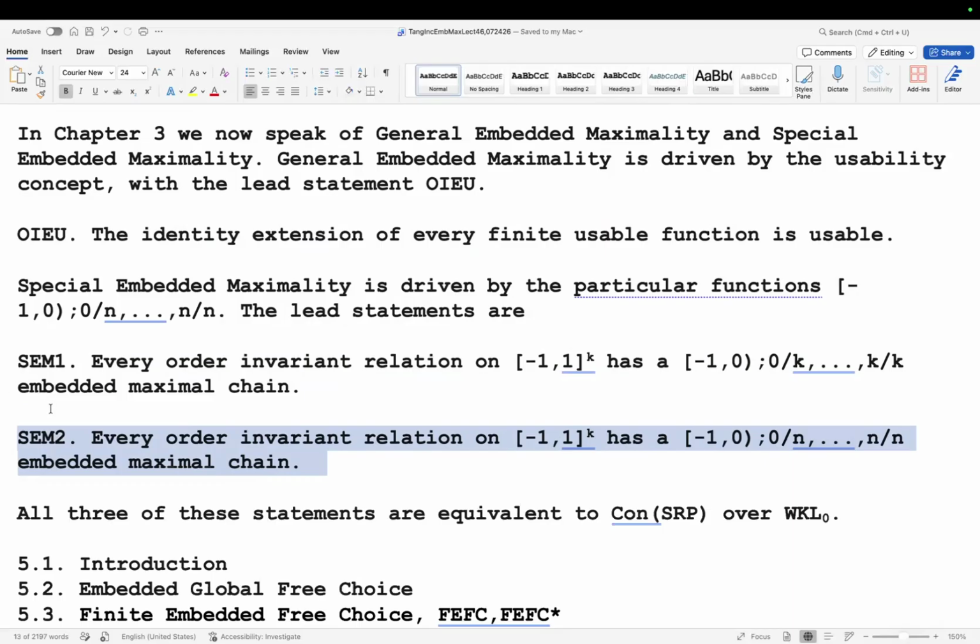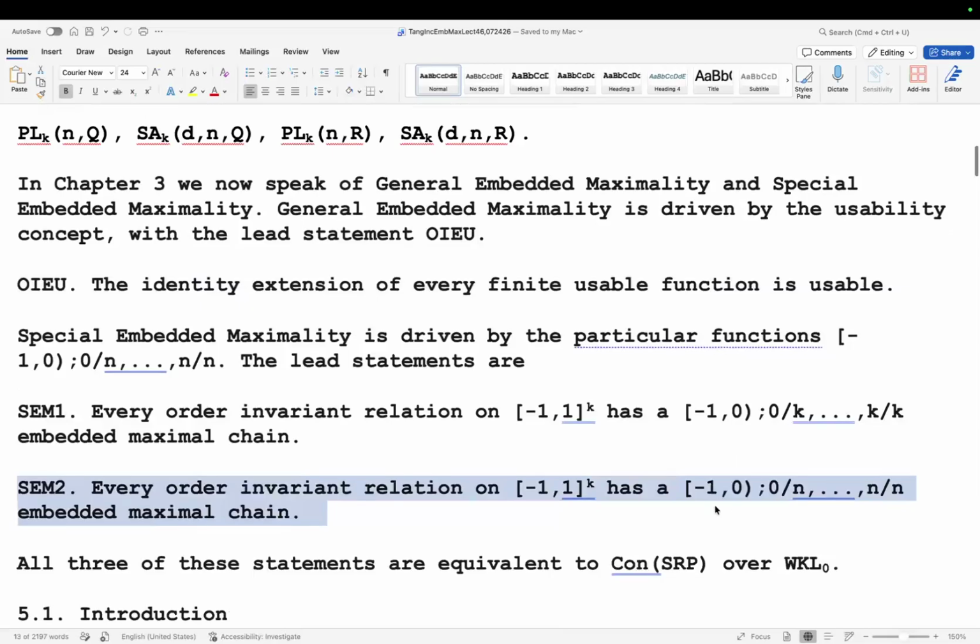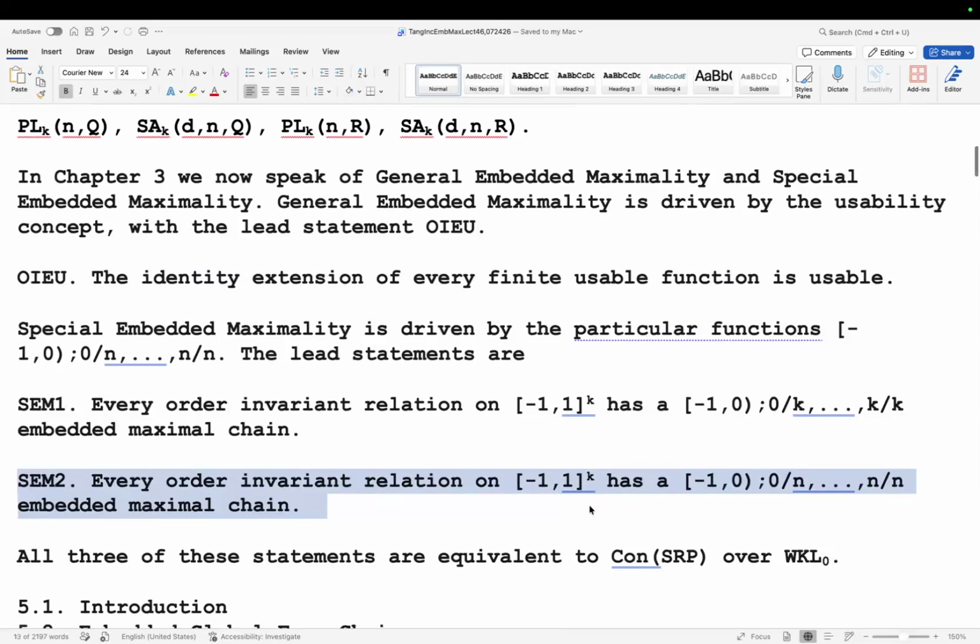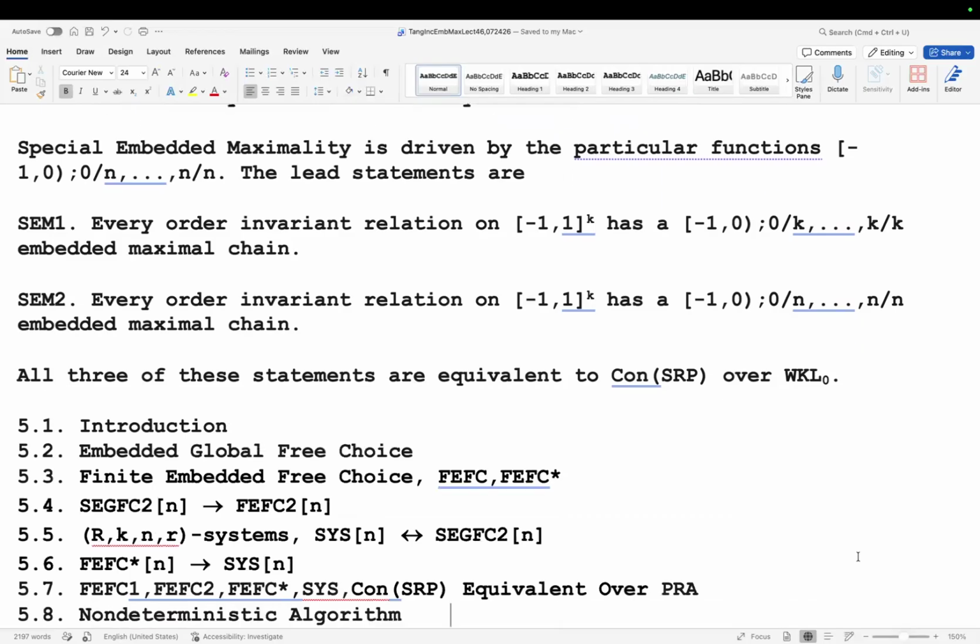Oh, I'm sorry. If I universally quantify, I take all statements to be universally quantified unless indicated otherwise. That's a convention in the book. Sorry, so SEM2 trivially implies SEM1. You just set n equals k. So all three of these statements, we already know from chapters 3 and 4, are equivalent to con SRP over WKL naught. And this is the infinite theory. Okay,